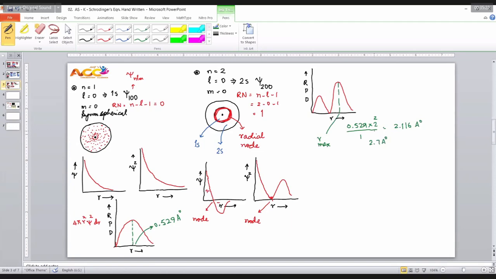Okay. This means to say Bohr's atomic model is not applicable in case of multi-electronic system. Once you enter 2s, means you have more than one electron. Therefore, Bohr's atomic model is not applicable in case of multi-electronic system. That all supports what we have explained earlier. We are getting those type of things.